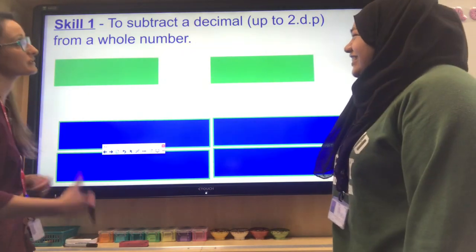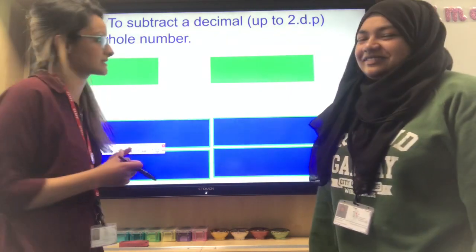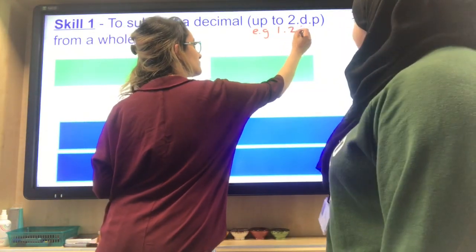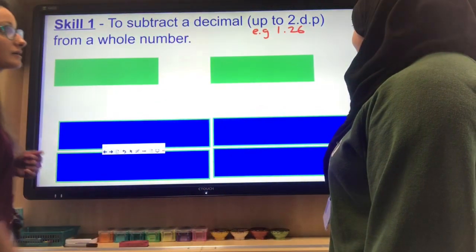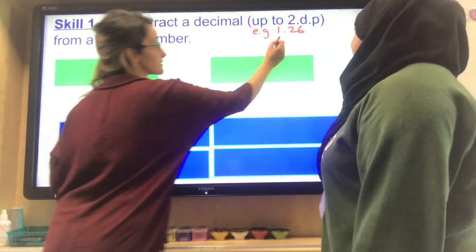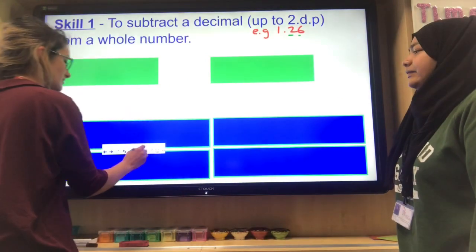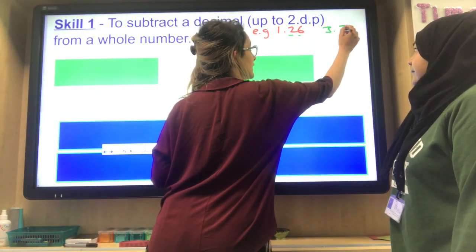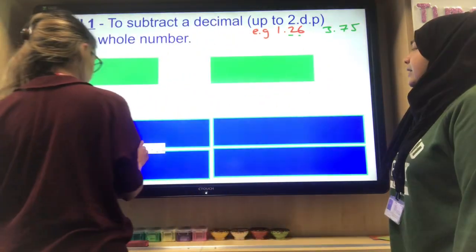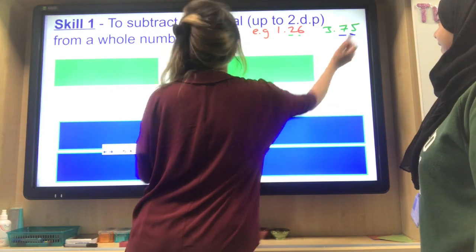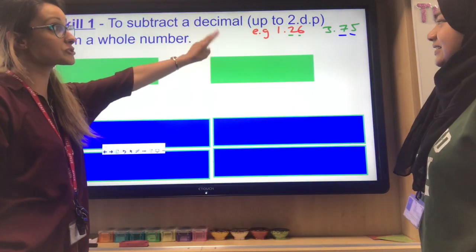Okay, so Miss Mia, can you give me a decimal which has 2 decimal places afterwards? 1.26. And why would you say that is an example of 2 decimal places? Because it's got 2 digits after the decimal point. Okay, so this is 2 decimal places. Give me another one. 3.75. And we know that's 2 decimal places because there are 2 digits after the decimal point. So we're just looking at subtracting a decimal up to 2 decimal places